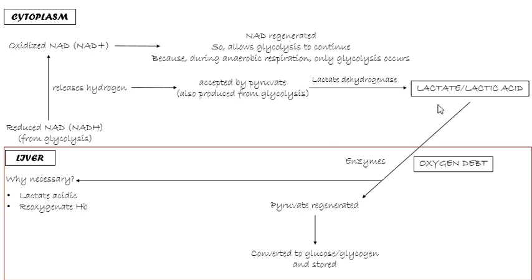Alright, so whatever I just said until the formation of lactate or lactic acid occurs in the cytoplasm or cytosol of the cell. However, what I'm going to be saying from now onwards occurs in the liver and not the cytoplasm. So in the liver, what happens is this lactate or lactic acid is converted back into pyruvate from which